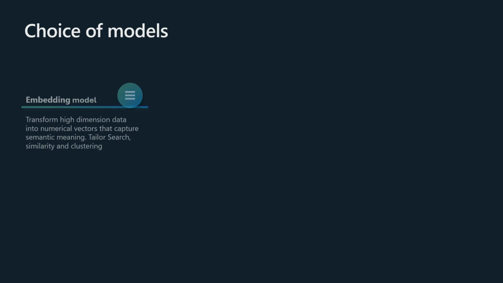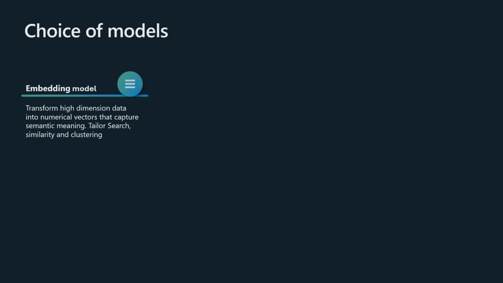The choice of models that you use, so once you know the choice of techniques, the next important thing is the choice of the model that you use, starting with, let's say, embedding models. Embedding models are basically much smaller models that can transform high-dimensional data in the real world into a very dense numerical vector that your model can use. That basically retains the semantic information and can help you do better search, better ranking, and better similarity scores.